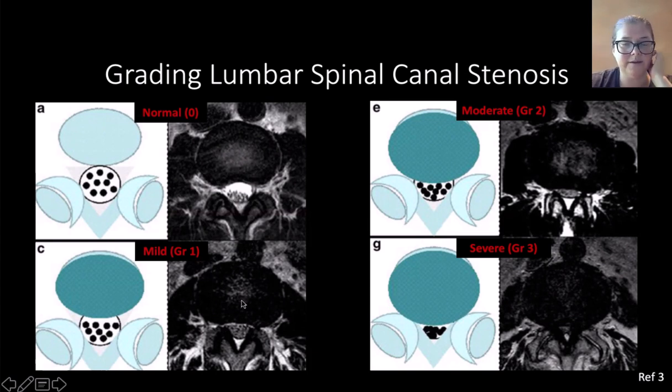Mild or grade 1, they describe here, you've got some effacement at the ventral aspect of the thecal sac, but you can still see nerve roots, and you can still see CSF around them. Grade 2 or moderate, you've got more compression of the thecal sac. You've got some clumping now, some aggregation of the nerve roots, whereas before you could see them distinctly. Now they're kind of stuck together. And then severe, you've lost essentially all the CSF. The nerve roots are more clumped, more aggregated. I think everybody would agree with severe, moderate, and mild, whether or not you know that you're using the Lee